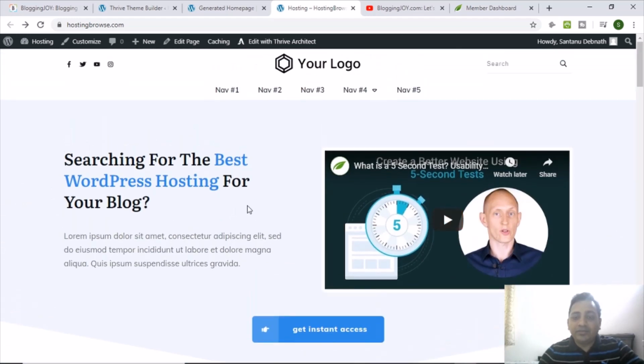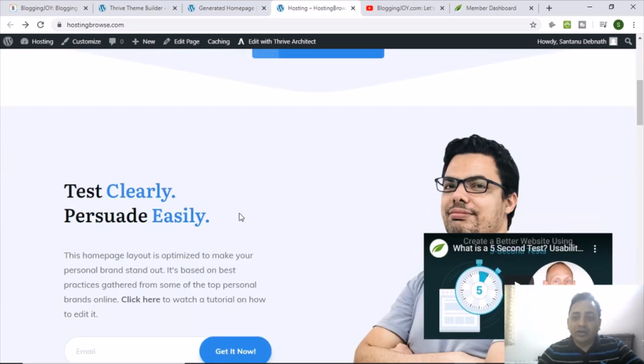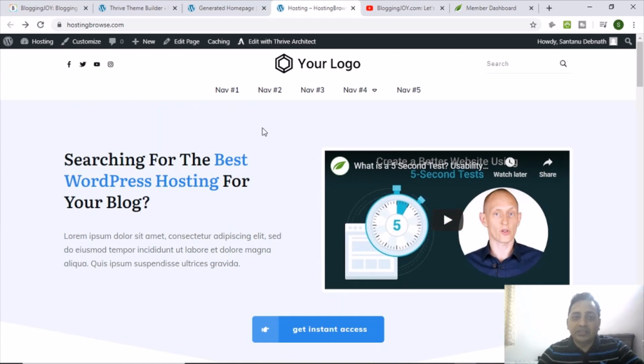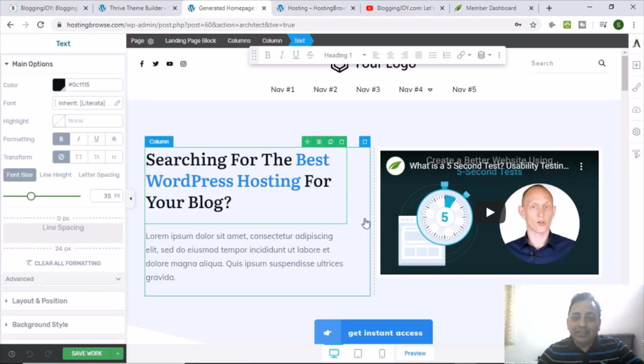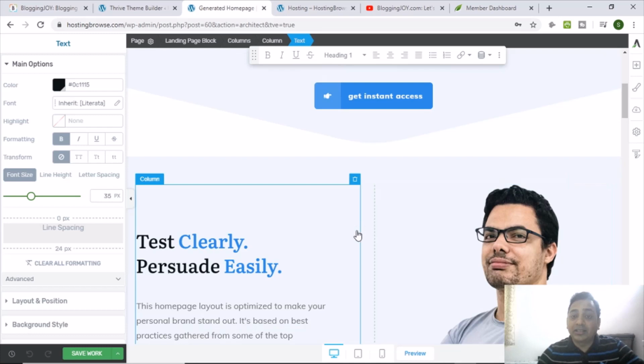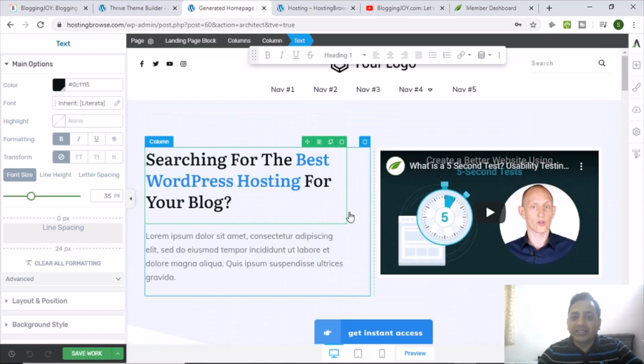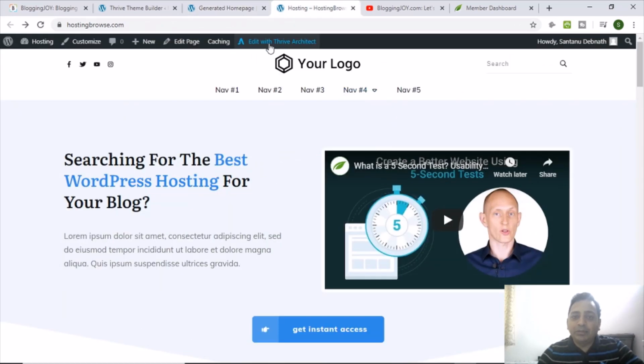So whichever way you want, you can change the design, you can change the look and feel of all the pages. It is not only this page. If you want to edit your post pages, other templates, category pages, blog pages, everything, you can edit with the help of Thrive Architect. Whichever post type or category type you select, you can find the option to edit with Thrive Architect.